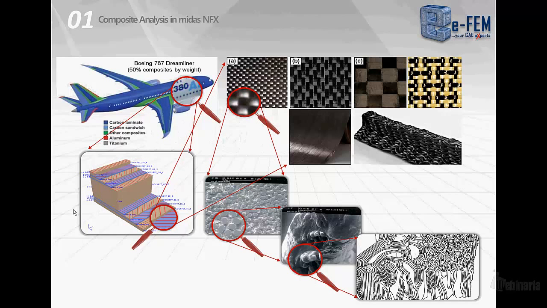When we consider a composite manufact, we see the outside of the material, but if we cut the manufact, we can see that the material is made of a laminate composite mainly.